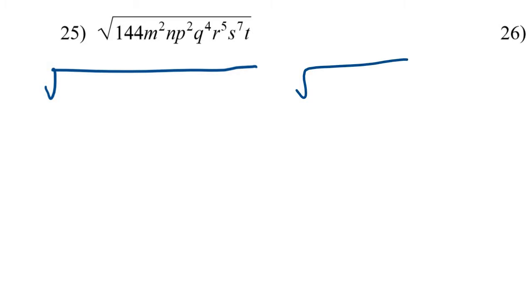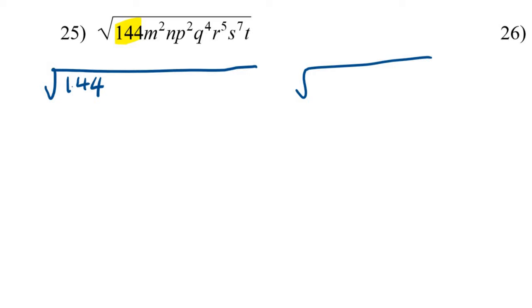and another square root. On the left square root, you're going to write all the perfect squares. Look at the numbers first. This is 144. That's a perfect square by itself, so we don't need to break it. We just put it over here, 144. And then the next one